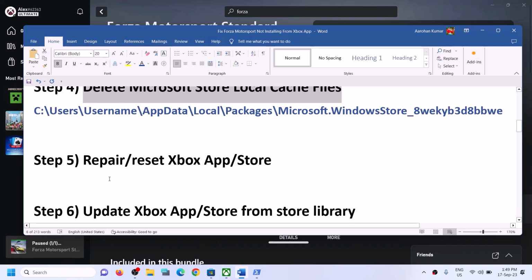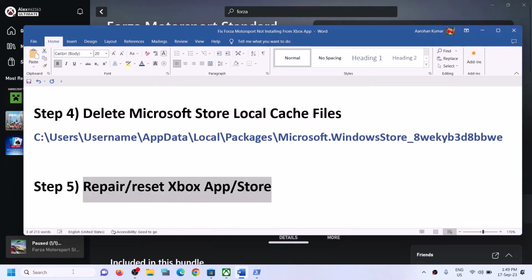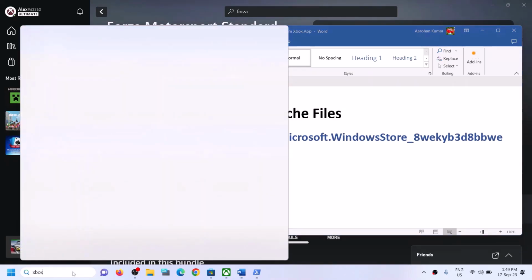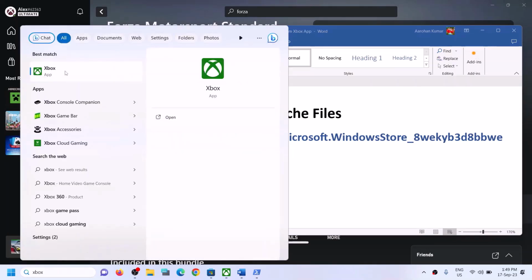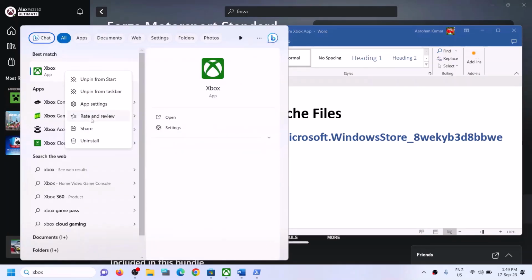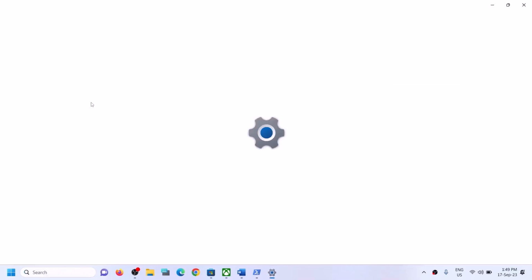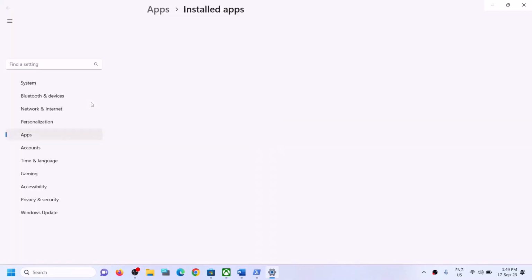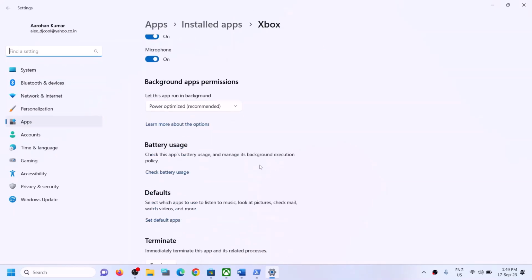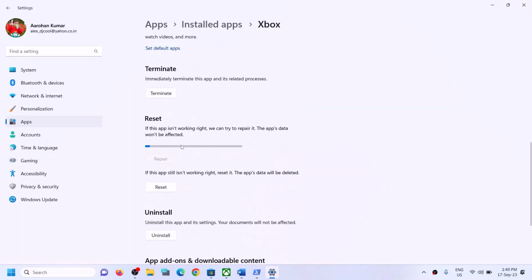Now the next step is to repair or reset Xbox app in Microsoft Store. So type in Xbox app in Windows search box, and then make a right click on Xbox app and then click on App settings. Now on this screen, scroll down and over here you can see the Repair option. Click on Repair, and after the repair you can try